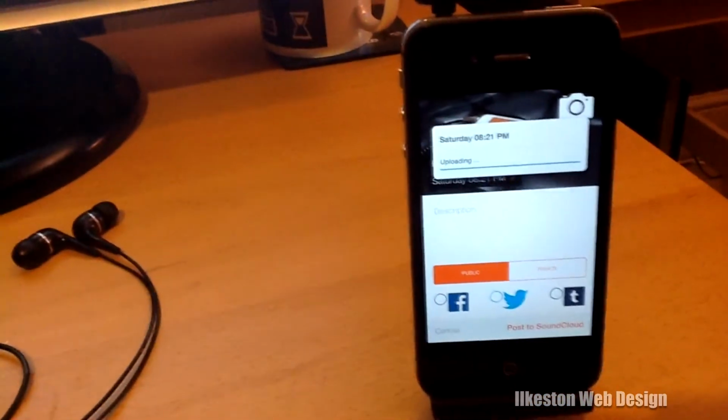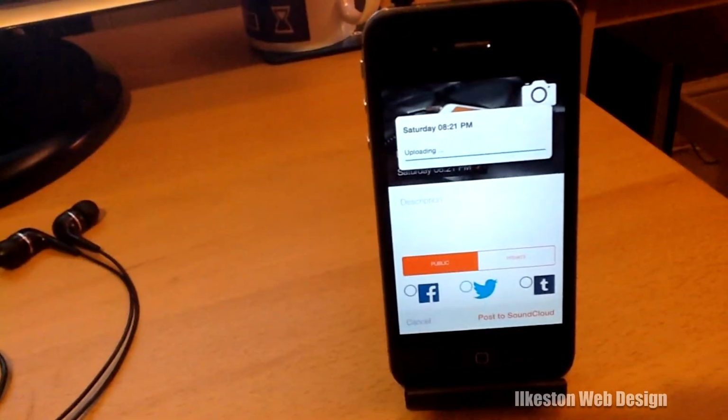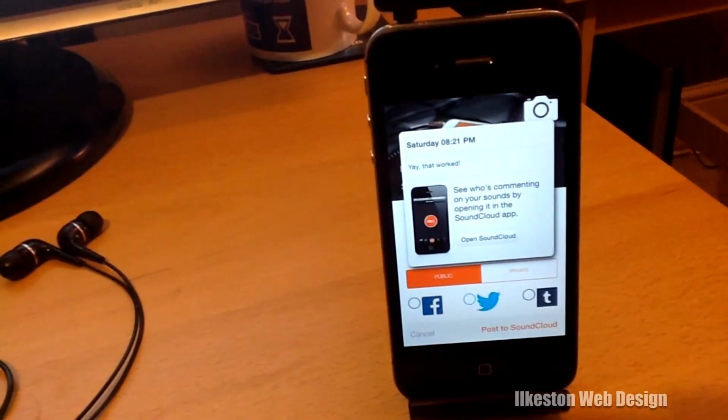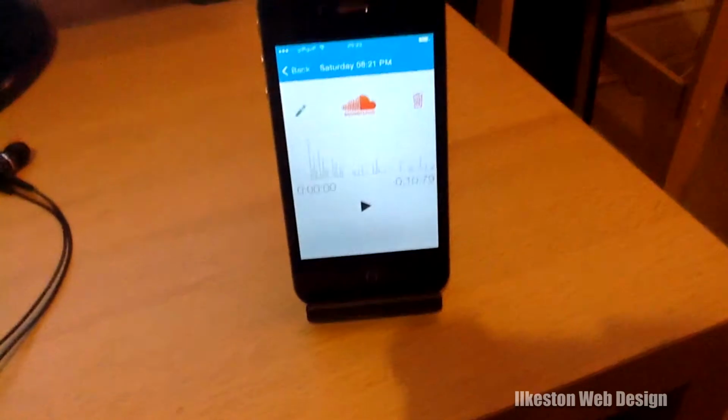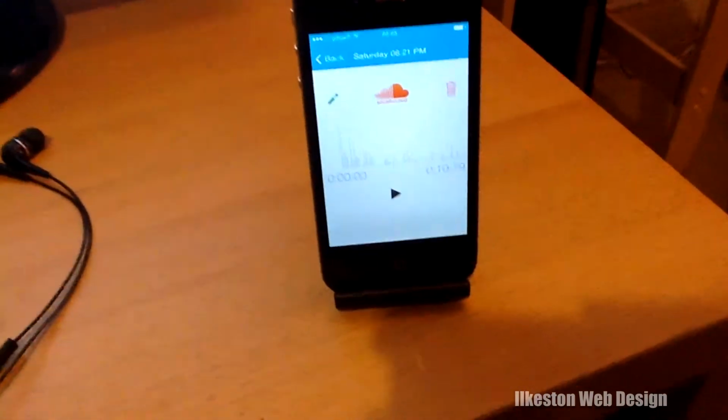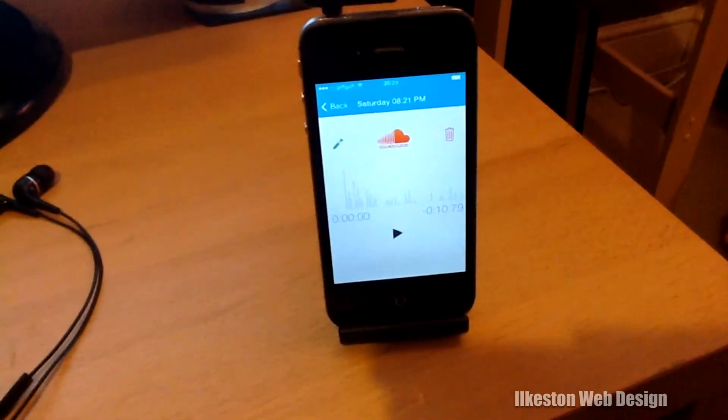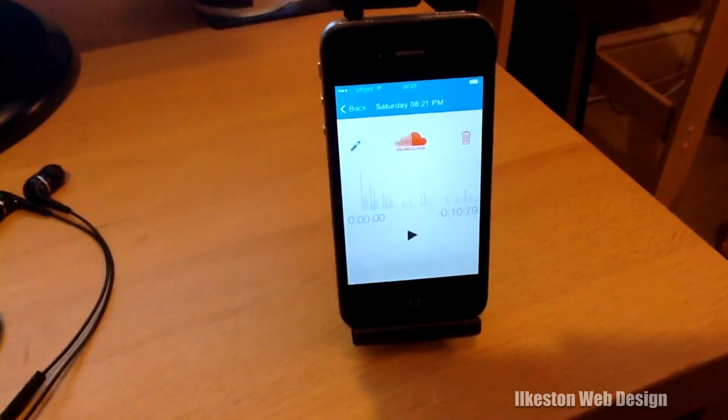Okay, so it's a very short clip, so it shouldn't take too long to upload. And it says that worked. Okay, that's great. So in a minute we'll see that sound appear in the SoundCloud account on my desktop PC. So I'm going to stop recording on the video camera and we're going to go back over to the recorded PC screen, back to the screencast.